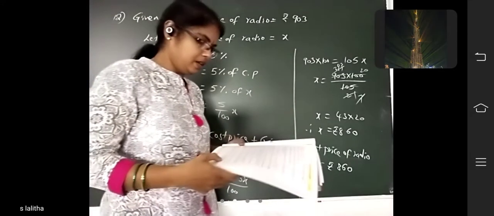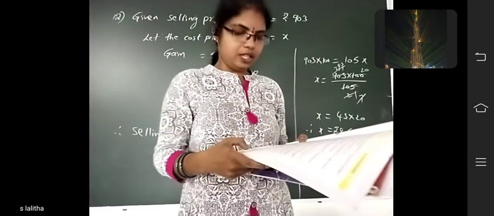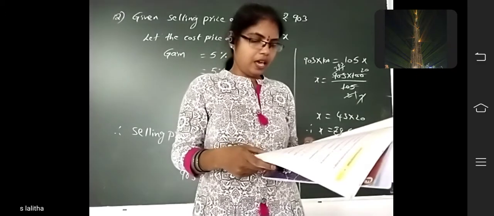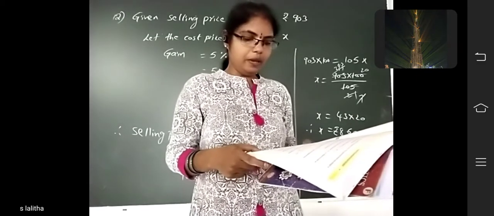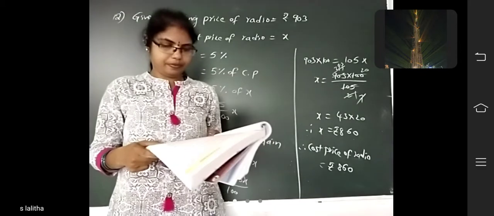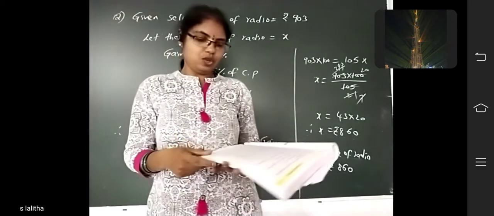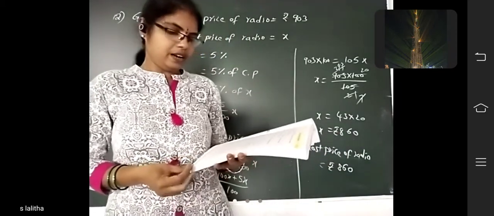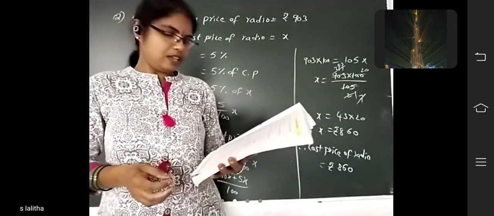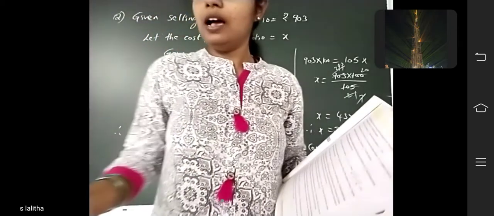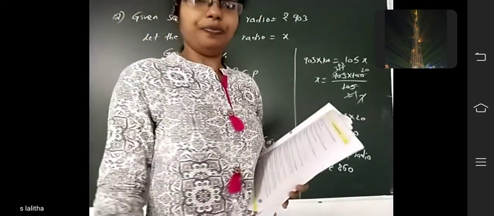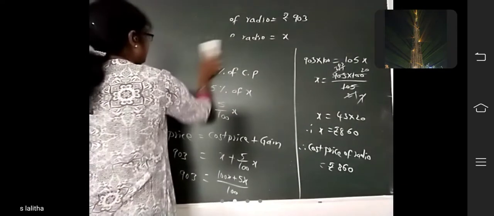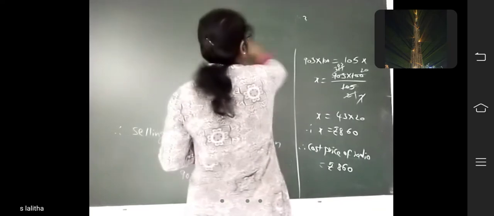The next question, Seema. Shekhar gives a quarter of his sweets to Renu and then gives 5 sweets to Razi. He has 7 sweets left. How many did he have to start with? So Shekhar gives sweets to Renu. How many? A quarter of his sweets to Renu and 5 sweets to Razi, and he has 7 sweets left. Starting with how many sweets, you have to find. That means the total number of sweets.